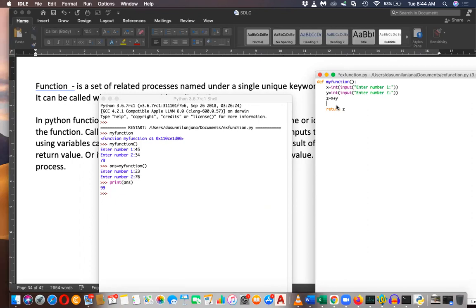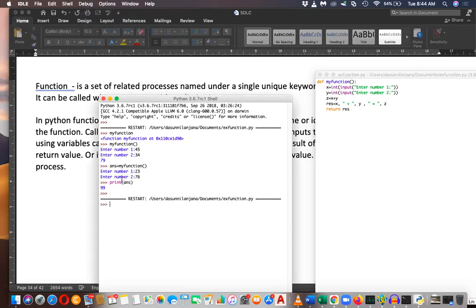I can generate result, res equal x plus y, this is equal to sign, and then z: x plus y equal z, return z. Then I'm going to return the result this time. Let me save this and run.